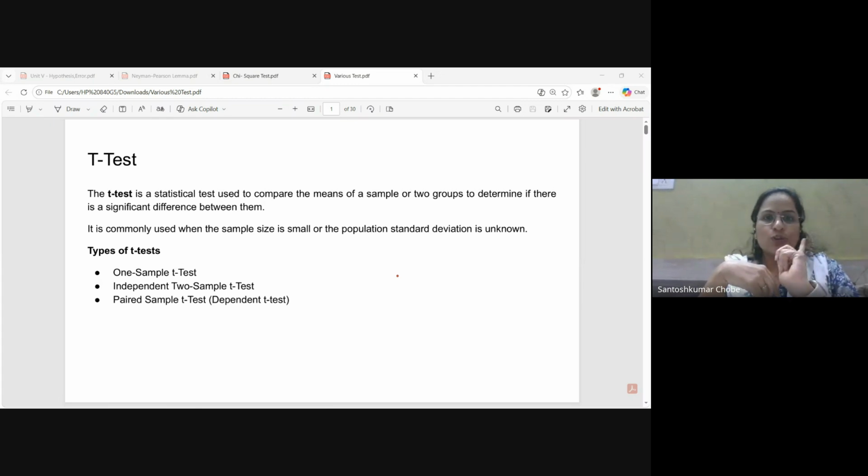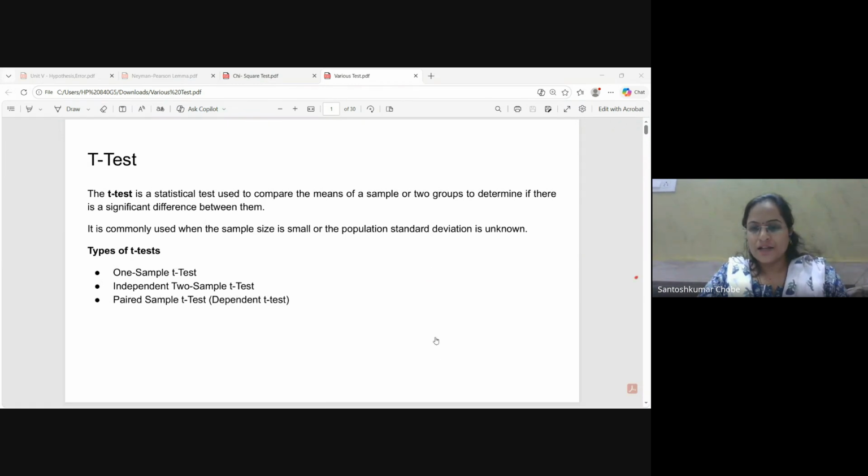So now we will look into the t test. Now what is the t test? We have to look, see this test we are looking at currently. This test is the statistical test used to compare the means of the sample. Note it down. What does it do? It compares the